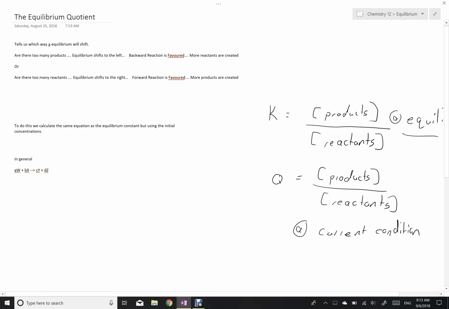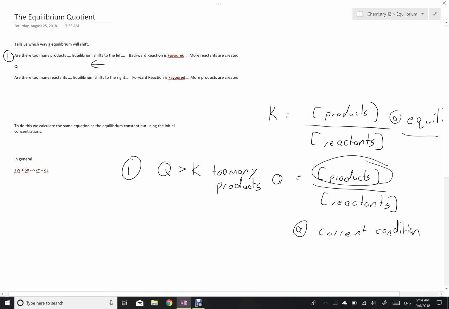What we can then do is compare Q and K. If Q is greater than K, then we have too many products. See, the products are on the top. So if it's bigger, that means we have too many of these guys. I'll call that case 1. And this is 1 here. If there are too many products, that means the equilibrium shifts to the left, the backward reaction is favored, and that means more reactants are created